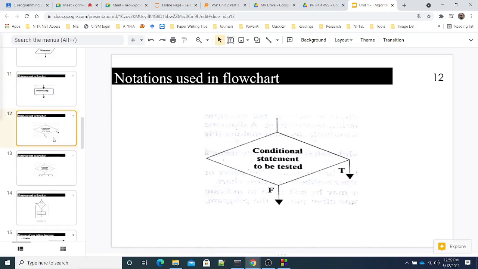Then decision making statements. We have studied decision making statements like if else, etc. For a decision making statement, that time also I showed you a diamond symbol. There should be an incoming arrow here; it's not showing a pointer, but ideally there should have been an incoming arrow here. So for a decision making statement, we use the diamond symbol, and we will express, say, x less than y, or x greater than y, or x less than y and